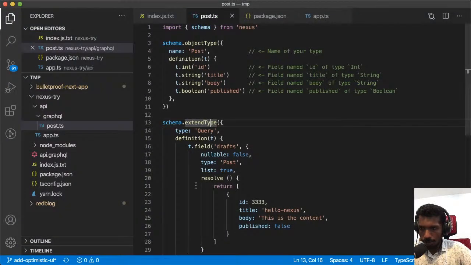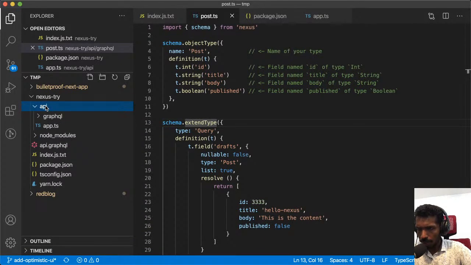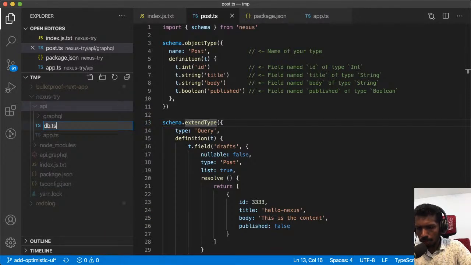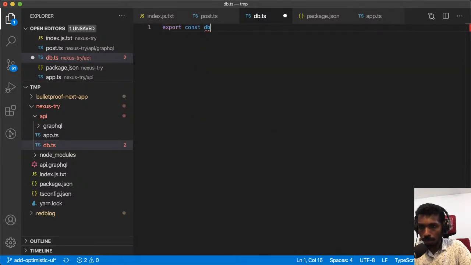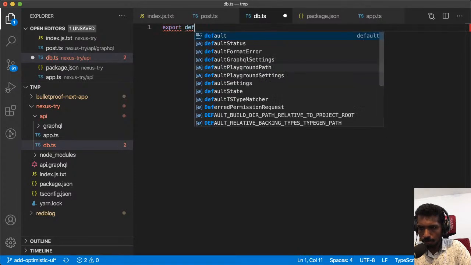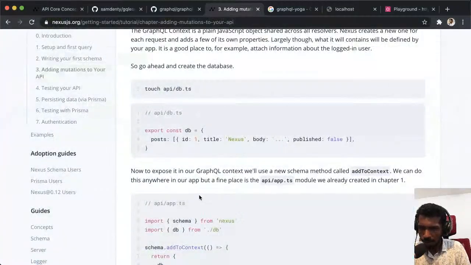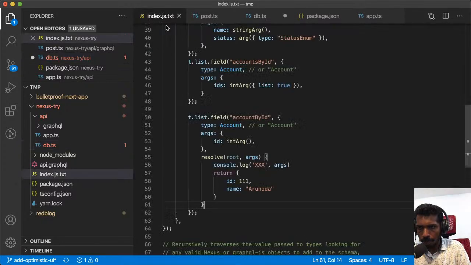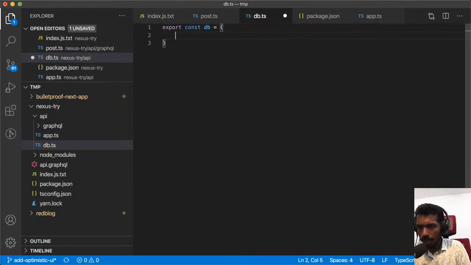Let's define a DB and directly query it. I don't need to do this. All right, api/db.ts, export const db. Let me check TypeScript. Yeah, I should export const db. No, I should export here. Const db, and I'm going to have to type